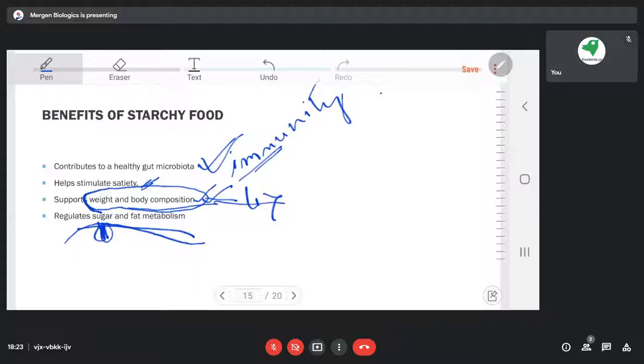But this is also a problem for us when starch breaks down into glucose, and there is an organ called the pancreas. It will release some insulin, so insulin converts the glucose into glycogen and we get the energy. But in the case of a diabetic person, there is not enough insulin.